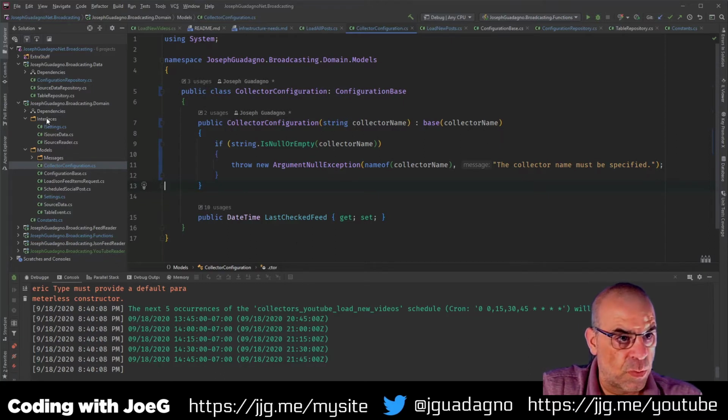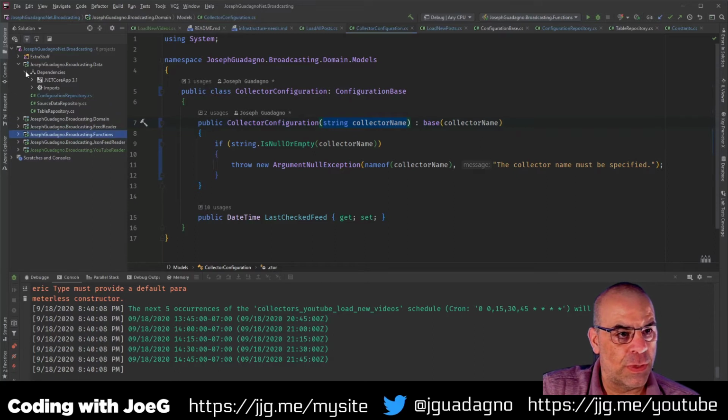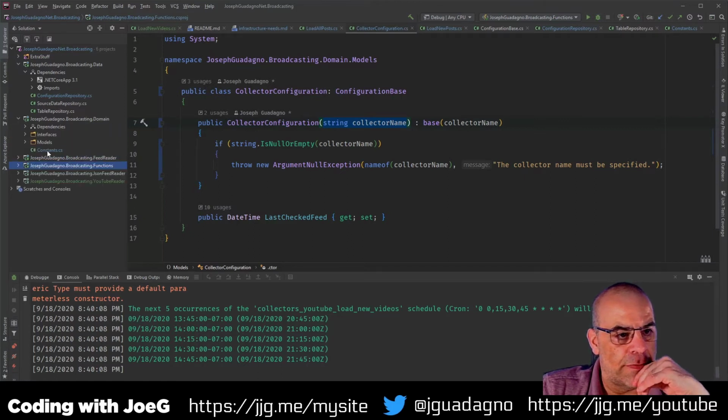Collector is one of these two things. It's either the YouTube reader or the feed reader right now, because these are ones that are scheduled and have configuration for it. However, the table entity doesn't work without a parameterless constructor. So this one is going to fail, which is totally fine, because with me wanting to change the names of it, I am going to do that right now and make it easier.